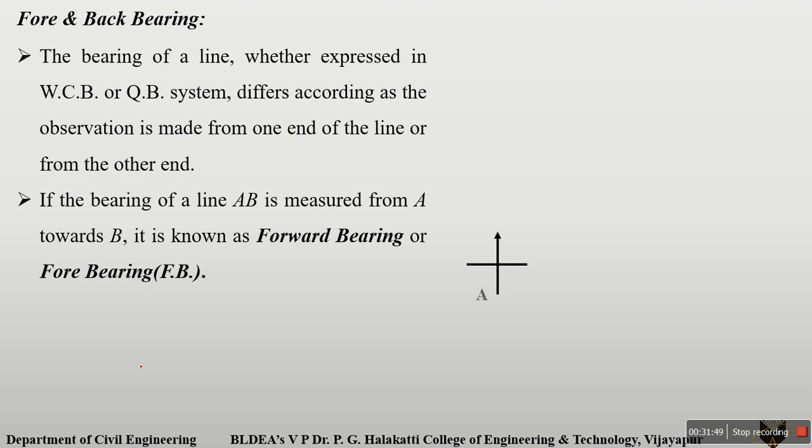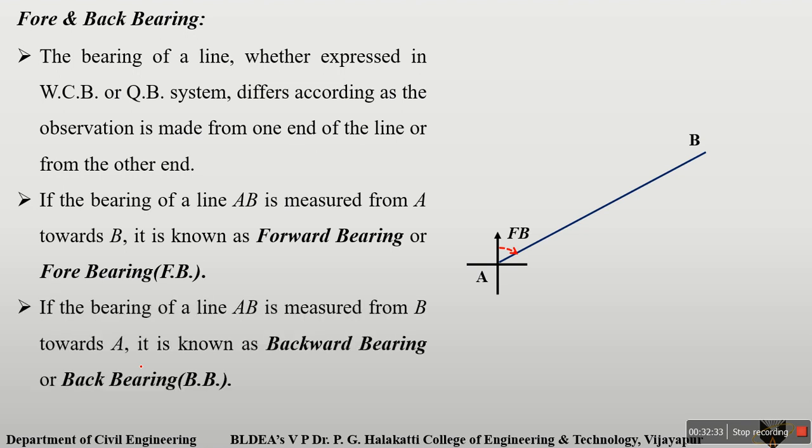That is like this. This is our compass. Our instrument is at station A. Then there is one line to point B. Here they are measuring the bearing like this from A towards point B. This bearing is called a forward bearing. Also it is called a bearing measured in the progress of the survey work, that is, first station to second station to third station, like this. This is called a forward bearing.